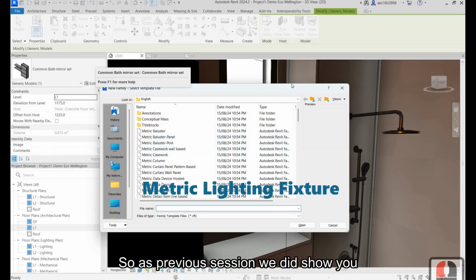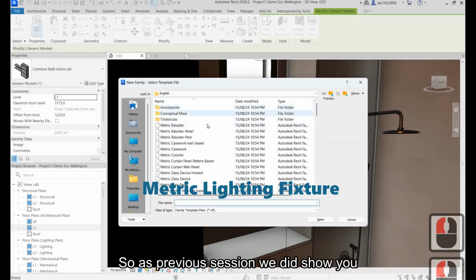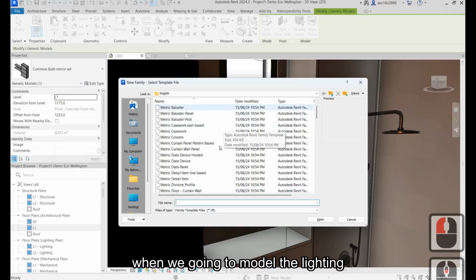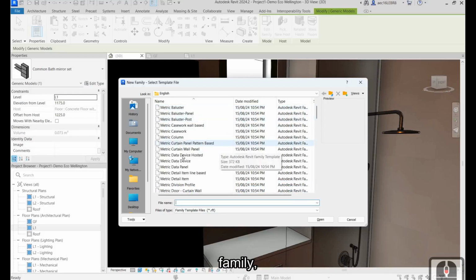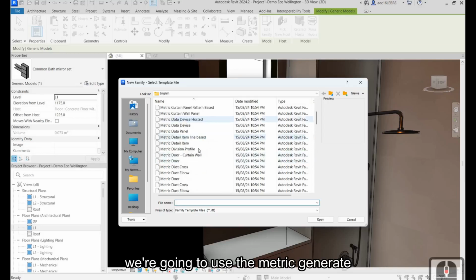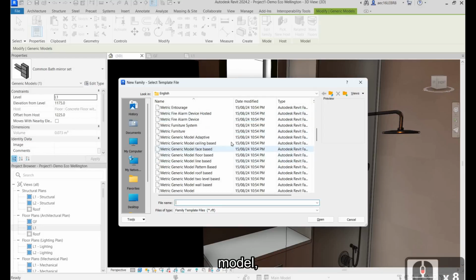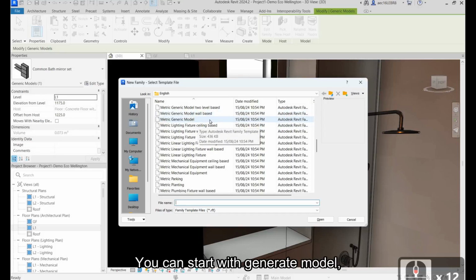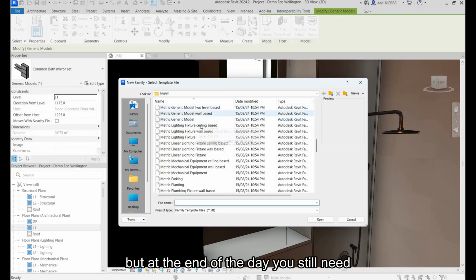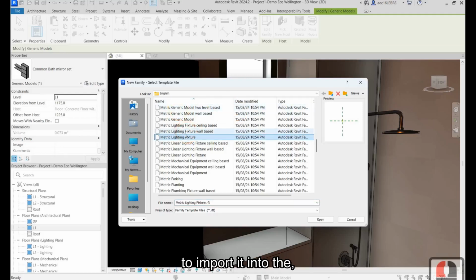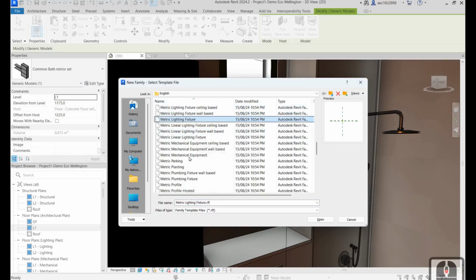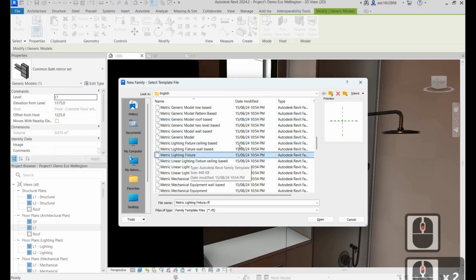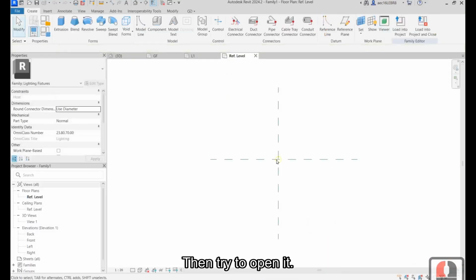As in the previous session, when we model the lighting family, we're going to use the metric generic model, not generic model. You can start with generic model, but at the end of the day, you still need to import it into the lighting fixture family. This is the one. Then open it.